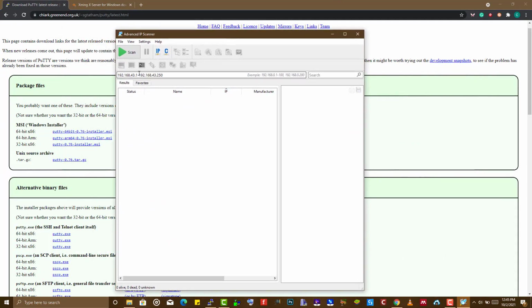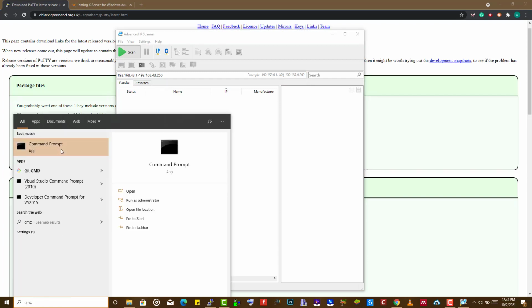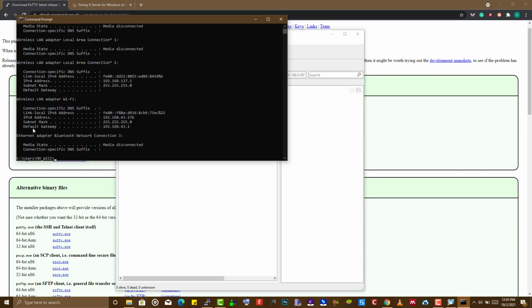Now, when you open IP Scanner, it requires you to put in the starting IP and the end IP, the range that it is going to search through. But before I can know my start IP, I need to know the gateway that I'm currently using on my laptop. So I'm going to open my command prompt, type ipconfig, enter. So this is the default gateway that I'm currently on,